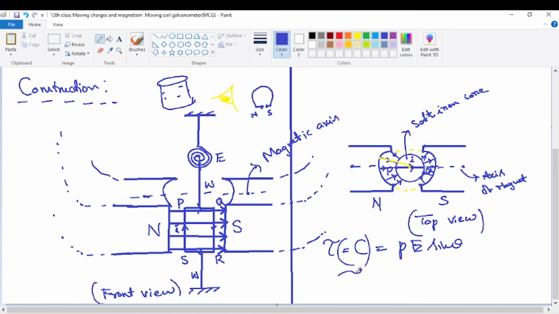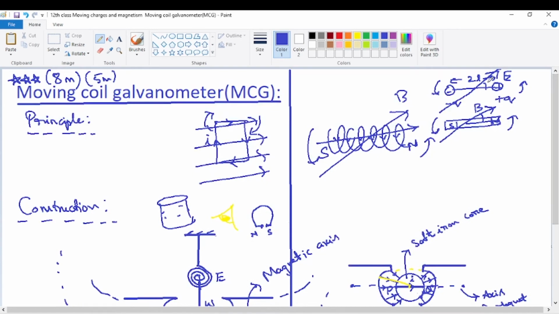Now exactly similar expression is there even for a bar magnet. P is the electric dipole moment, E is the electric field vector. Similar to the electric dipole moment, a magnet has a magnetic dipole moment M. Similar to the electric field vector, the magnetic field vector B, and theta is the angle between the dipole moment and the field. Electric dipole moment is denoted as P. Its direction is taken from the negative charge to the positive charge. Magnetic dipole moment M, its direction is taken from the south pole to the north pole.